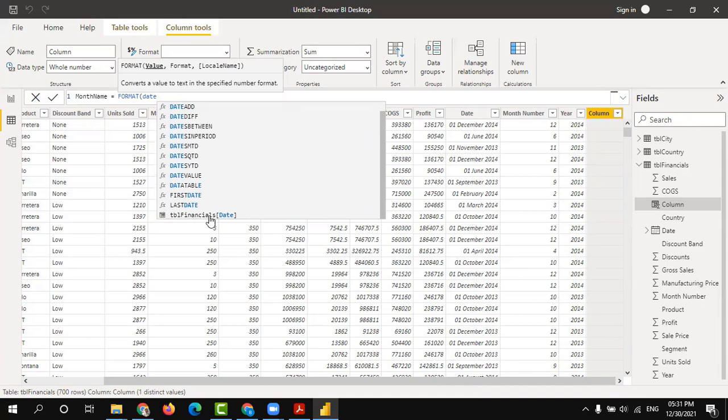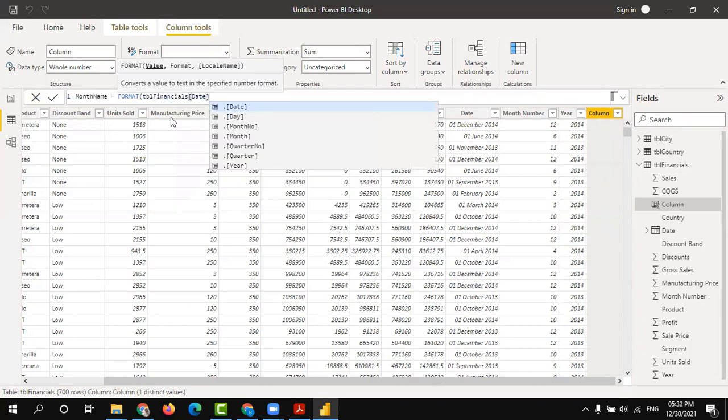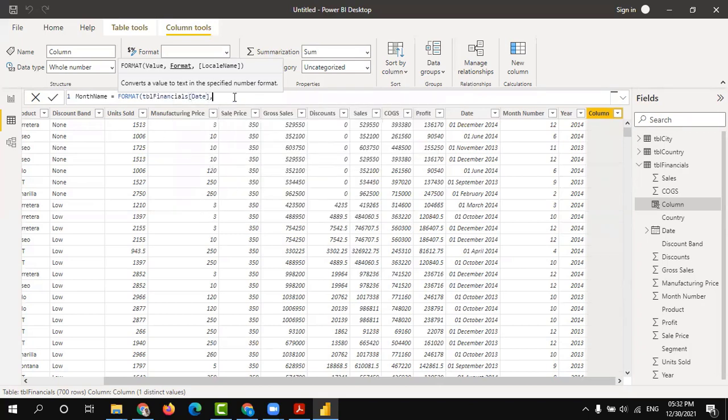At the bottom, you can see another date, TBL financials date. TBL financials is the table name, and date is the field name. Based on this field, we need to extract the month, comma, give 3 M's, sorry, and again close the double quotes and close it, then hit enter.